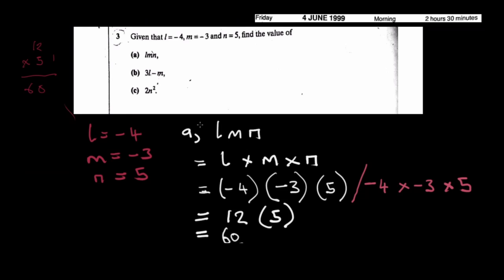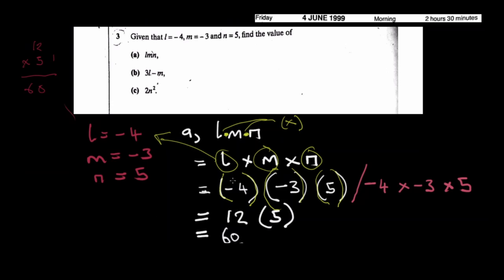Firstly, we should know that if letters are just written LMN, it means they are multiplying, right? Implying that these empty spaces here and here are showcasing multiplication. When we are substituting, we are replacing L with its value, M again, and N. Be sure to put brackets, even though it's not a law, it's advice.